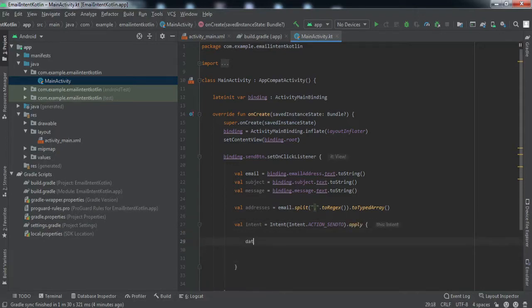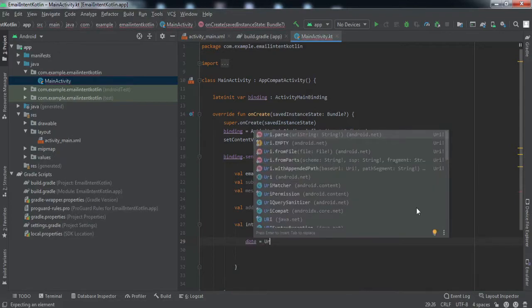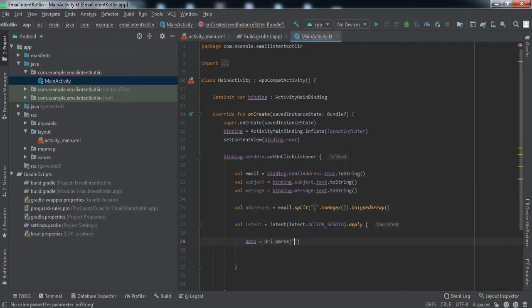Now inside this, data is equal to Uri.parse, and here we'll pass a string "mailto:". Basically this will ensure that only the email apps can handle this intent, right? So during the demonstration, when I pressed that send button, you must have seen only two app options were given, the Gmail app and the Yahoo app. So basically both of those apps were email apps.